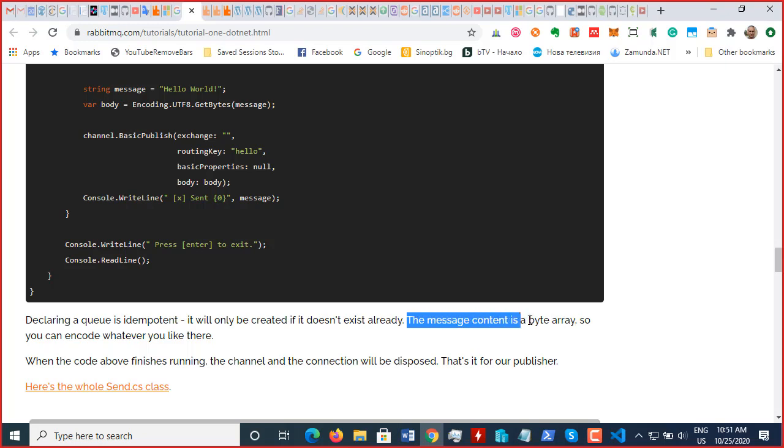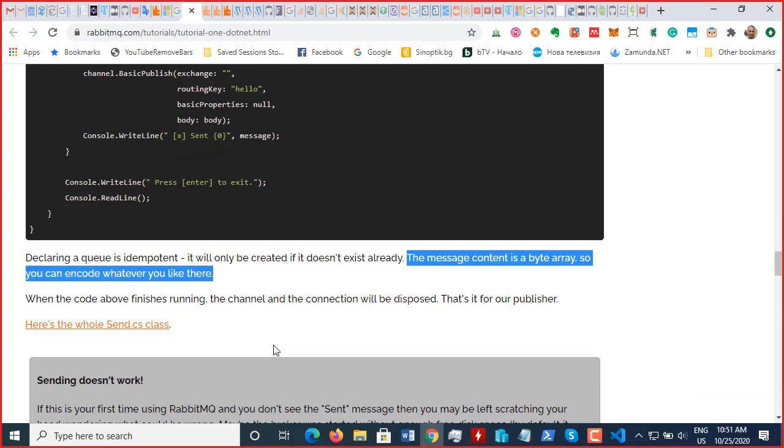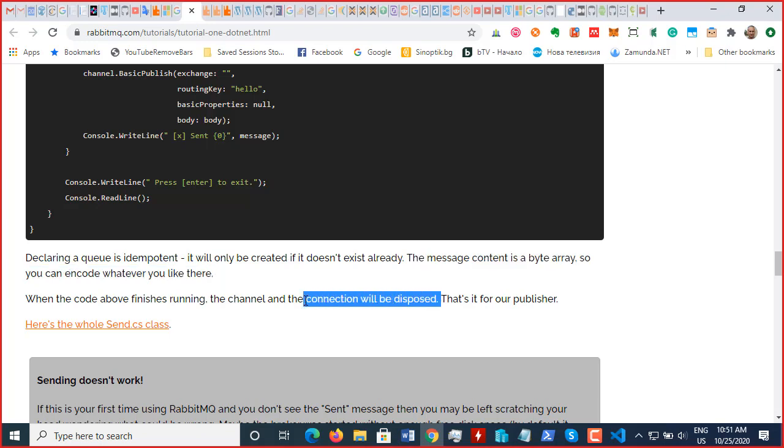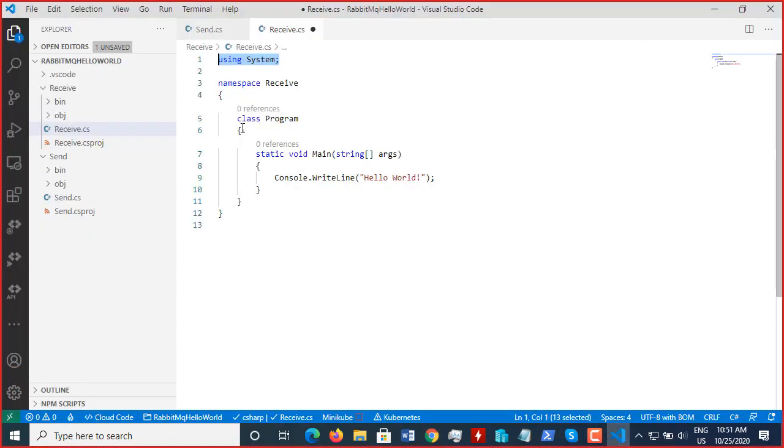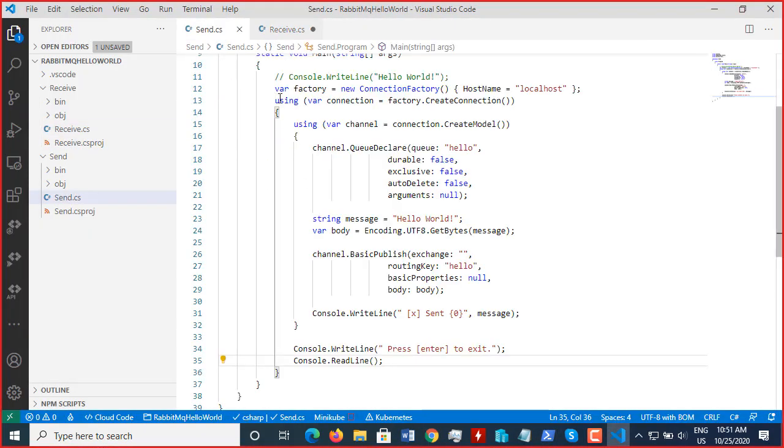The message content is a byte array, so you can encode whatever you like there. It's a byte array, okay? When the code above finishes running, the channel and the connection will be disposed. We already saw that because it's inside this scope where we are using. As soon as the program goes beyond line 32, the channel will be disposed, and after that,